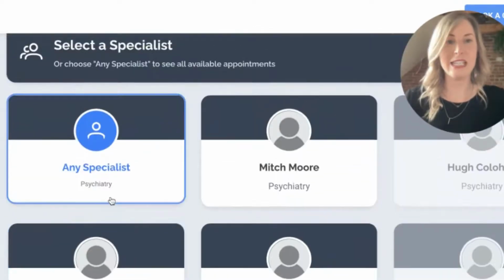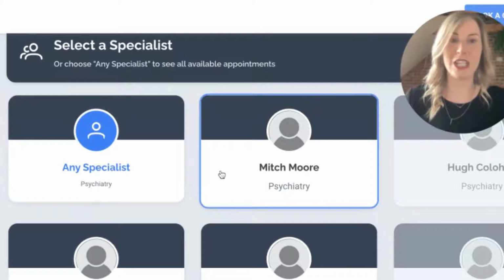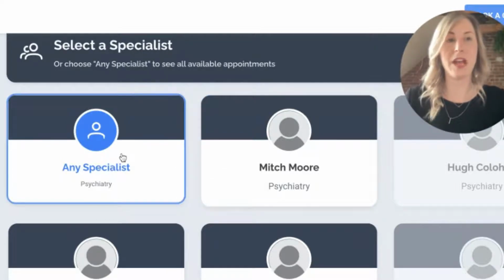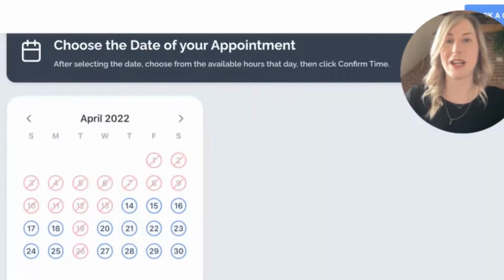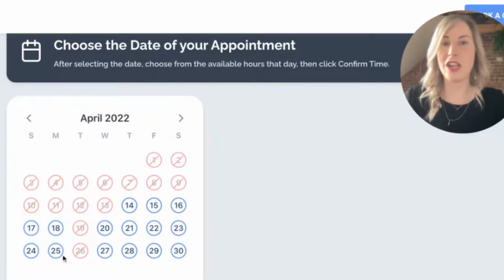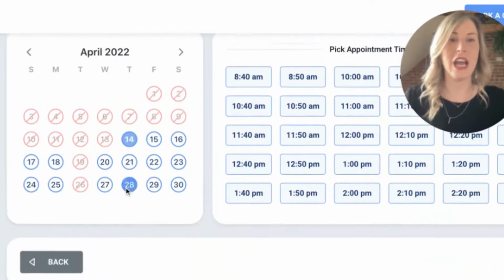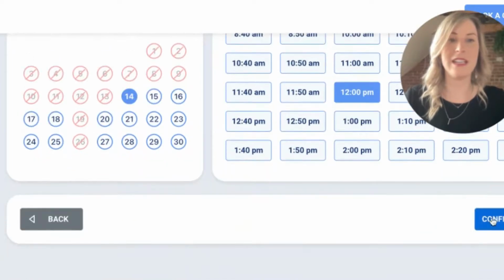So they can select any specialist or a specific specialist. Though I do recommend, if they don't have a preference, to select any specialist, because as you'll see here, you get the most amount of possibilities. And so if we want to book a consultation in 2 days, at 12 o'clock, we can do that,